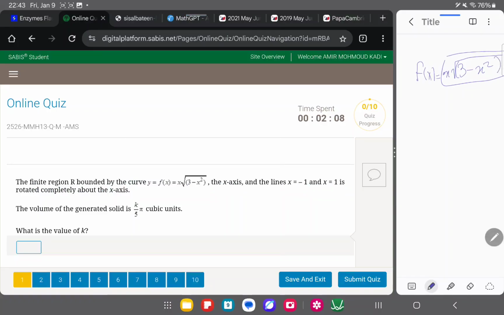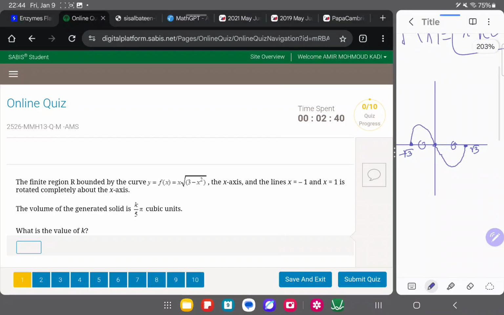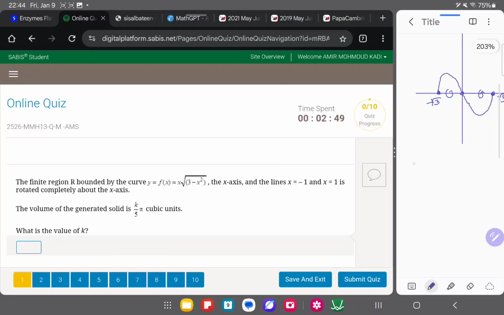Normally when you do area, you have to find certain separate boundaries. I'm pretty sure the curve has a shape like this. Some might think that you have to find the volume of these two separate regions, with minus square root of 3 over here and square root of 3 over here, and then find the volume rotated about this and the volume rotated about this and add them. But that is unnecessary,